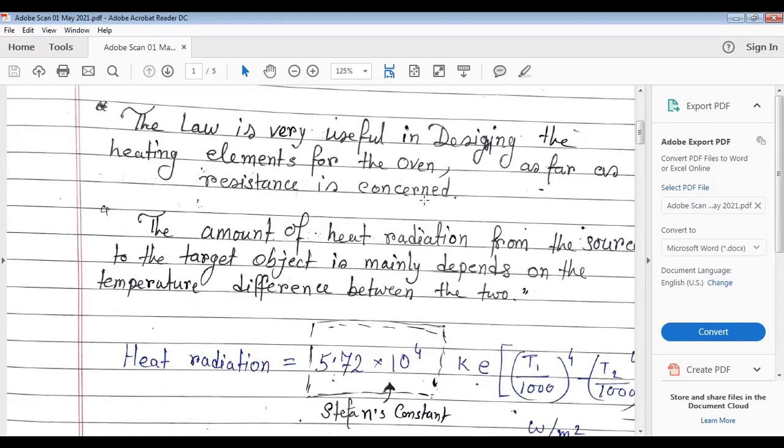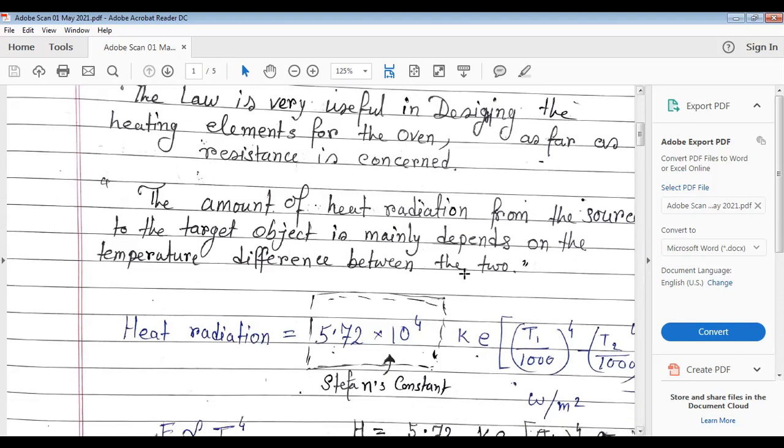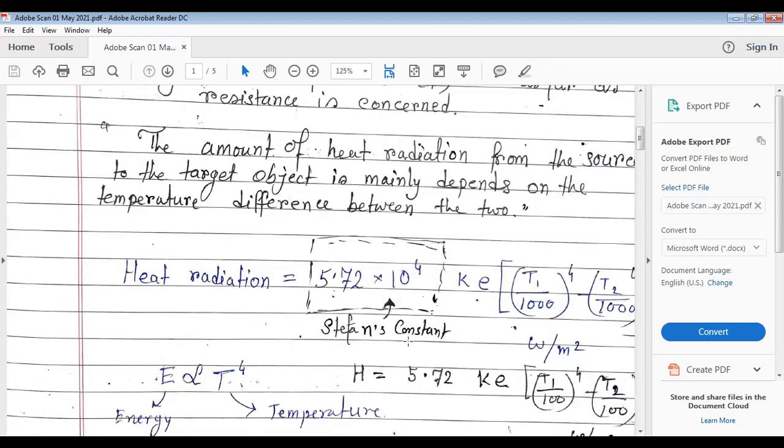Depending on this topic, we can use the radiation heat formula. What is the heat radiation? It is given by the scientist Stephen, that is 5.72 into 10 to the power minus 8. This is the Stephen's constant. Then K into E, here you can see,